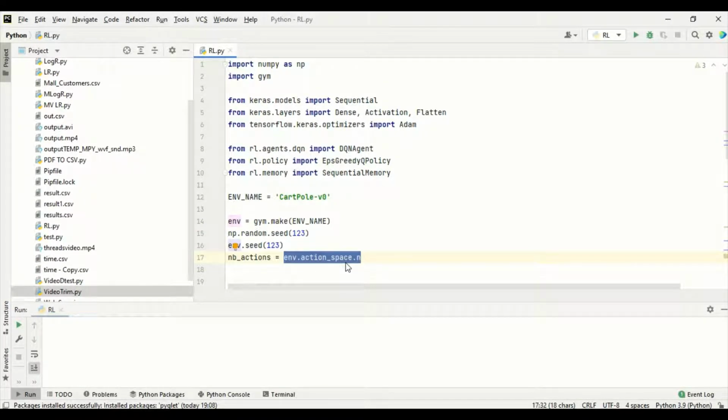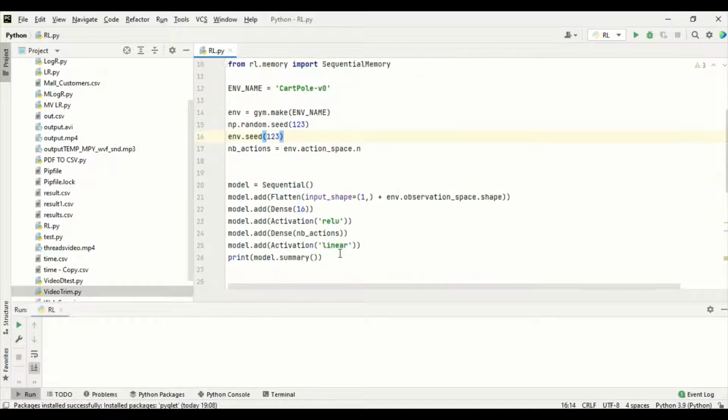The action space tells whether it is discrete or has a definite minimum or maximum and so on. Environmental characteristics are given by the action space. That is passed to nb_actions. This is about the gym part alone: the random seed, the environment seed, and the action space.